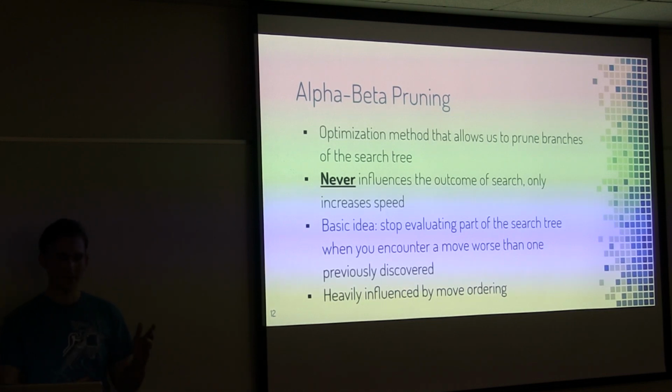And it's a little hard to understand why at the beginning, but the main assumption this makes is that your opponent is playing optimally. So if you've already found a better move the opponent could be making in a certain state, you don't need to search the worse ones. You can assume they're going to make that move. And I believe there's a picture.